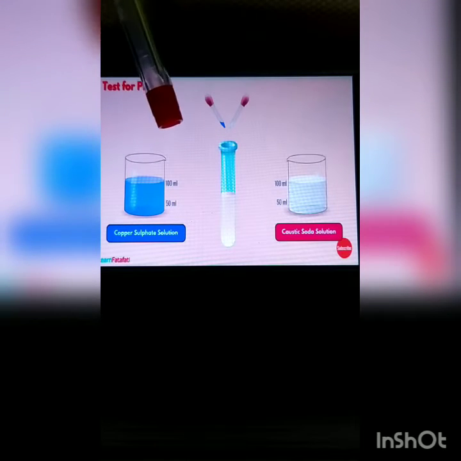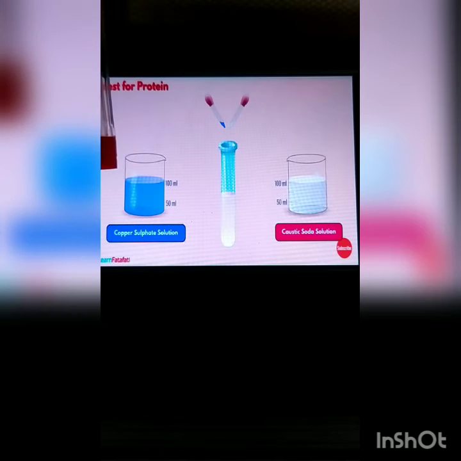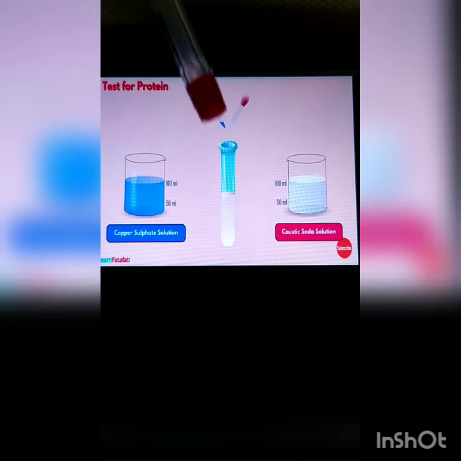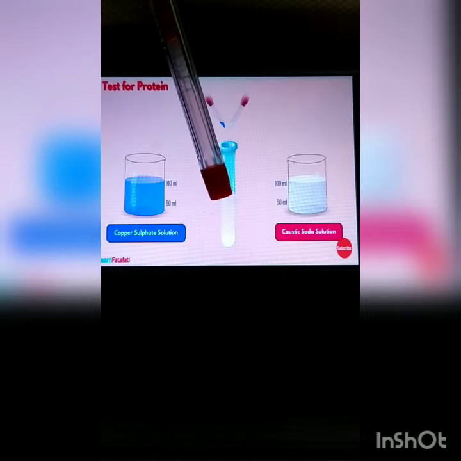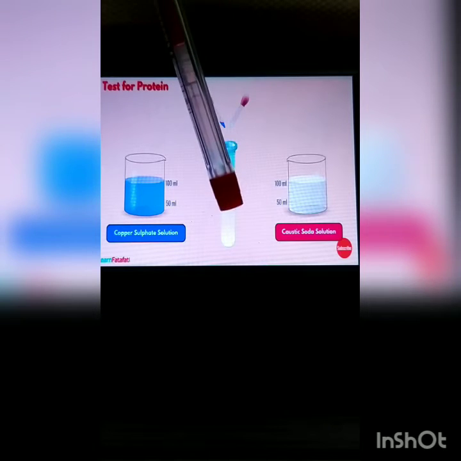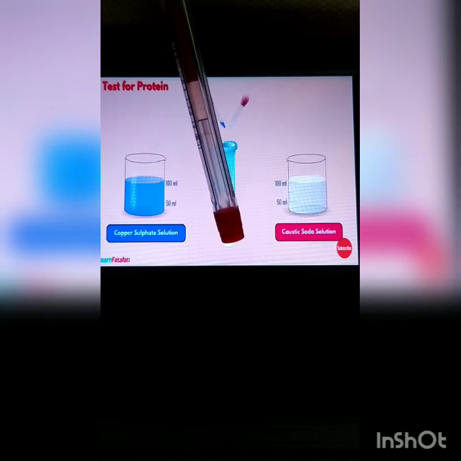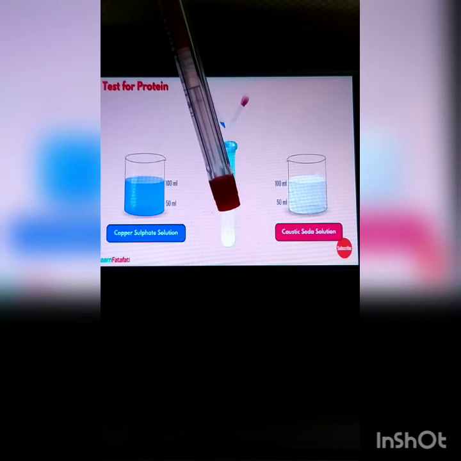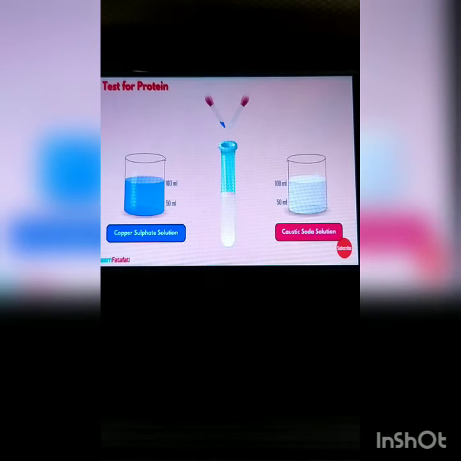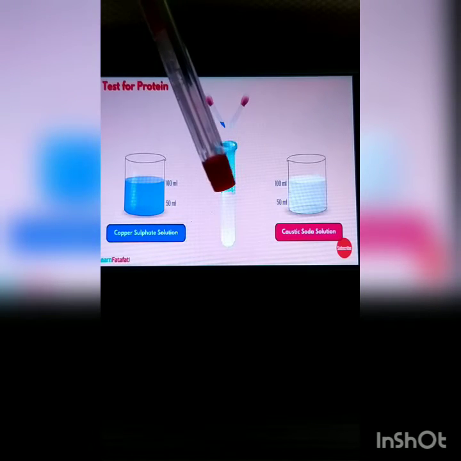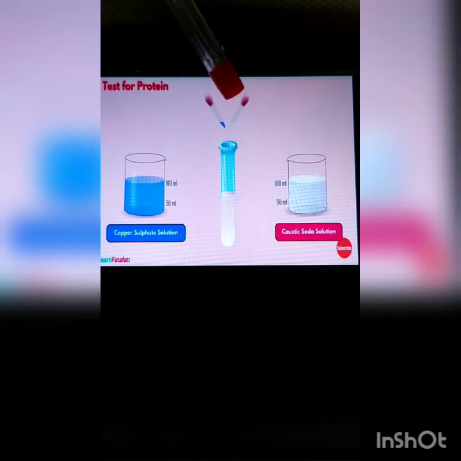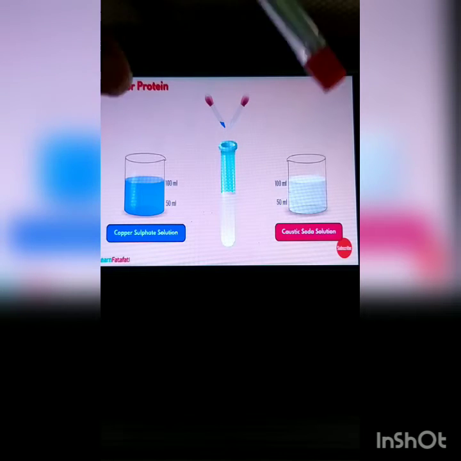Now we are having all we required. We are having the caustic soda solution, we are having the copper sulfate solution. Now what you have to do, you have to take a test tube, half fill it with water. Then you have to add some amount of, see here, we can see that into the water the powder form which we have prepared of wheat has been added.